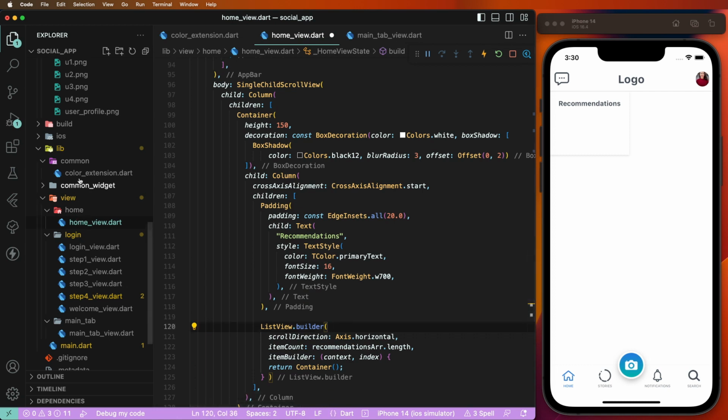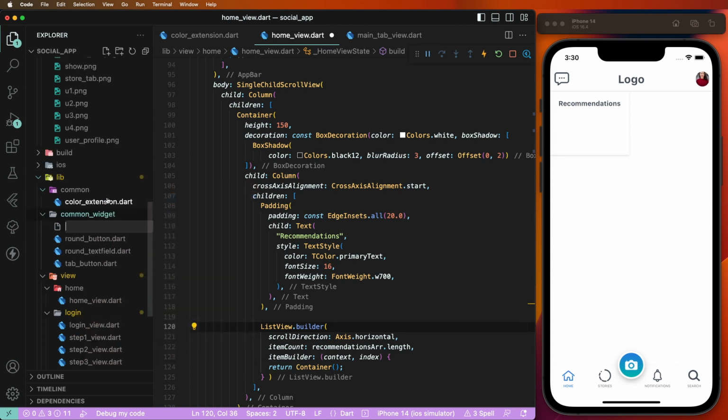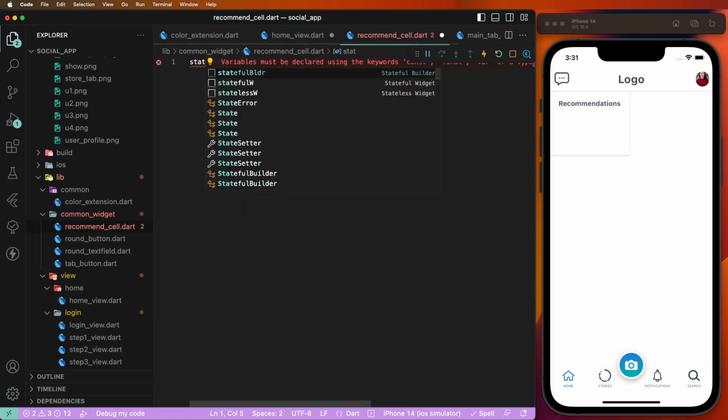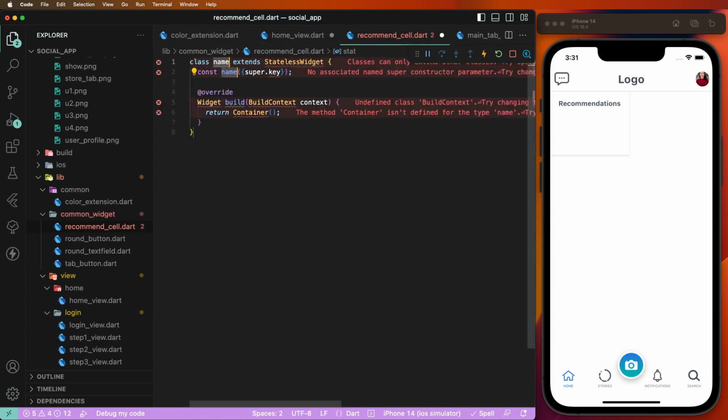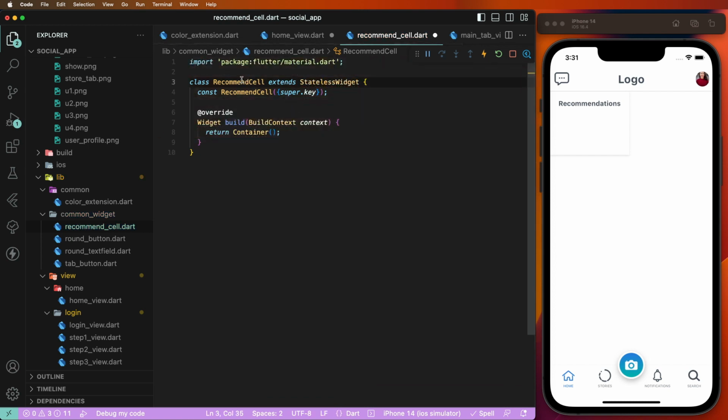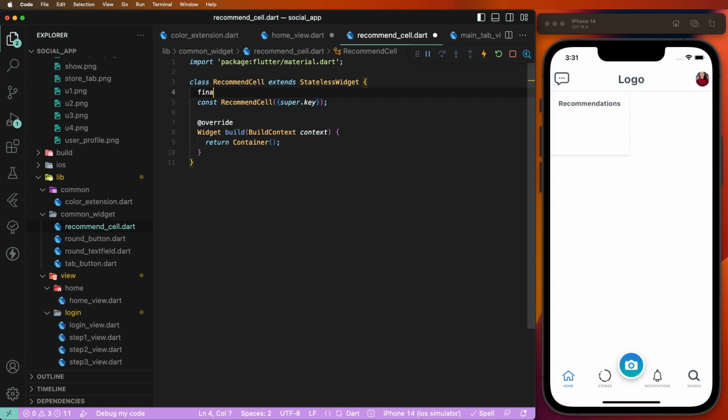First of all need to create the common UI. Create new files and get the recommendations. Now need to create the stateless class. Let's write down the common data share, and import the material dependency and set the final